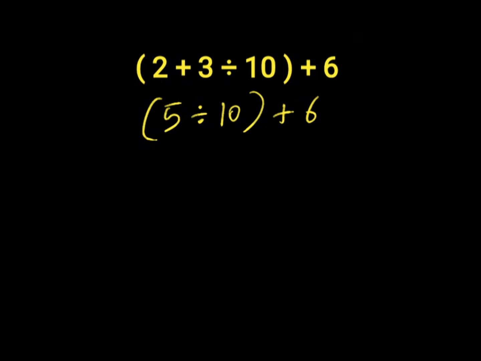5 ÷ 10 will give us 0.5. Then we have 0.5 + 6. 0.5 + 6 will give us 6.5. 6.5 is the wrong answer to this question because we did not work with the order of operations, which